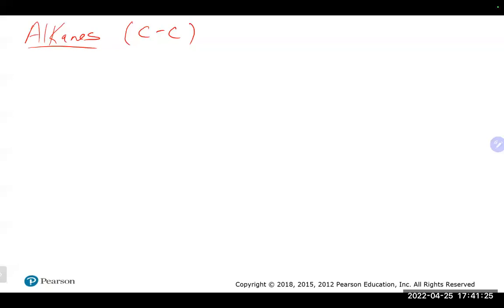When we go about naming, it's sometimes referred to as the IUPAC name, and that's the International Union of Pure and Applied Chemistry. That's the formal name, the one where you follow all the rules for naming. In organic chemistry, there are a lot of different types of names, like historical names, common names, what Joe calls it down the street type name. But for the most part, IUPAC naming is the way you want to go about naming these.